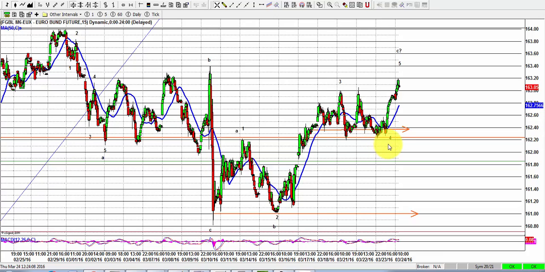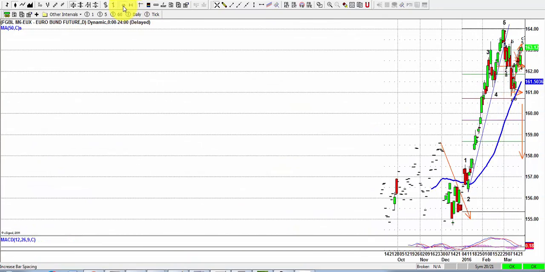I suspect that in terms of the proportion, it is more correct to treat it as a 1, 2, 3, 4. And you can see for yourself why. Do you see the scope of the fourth wave is neatly fitting into balance with the second wave that I have here, and you have a nice 1, 2, 3, 4, 5. So I don't see really an issue, and that is a pretty important event, because you have 5 legs up, and when you flip to the daily,